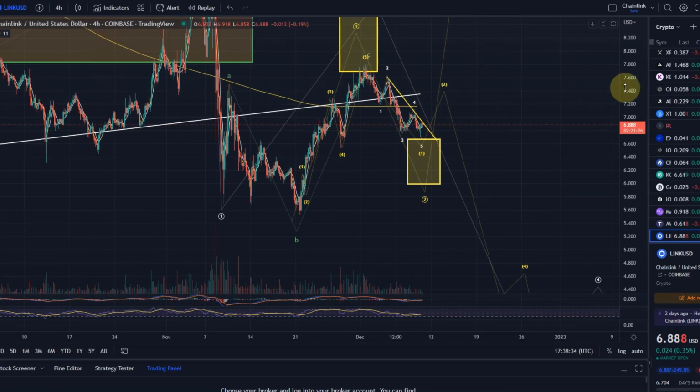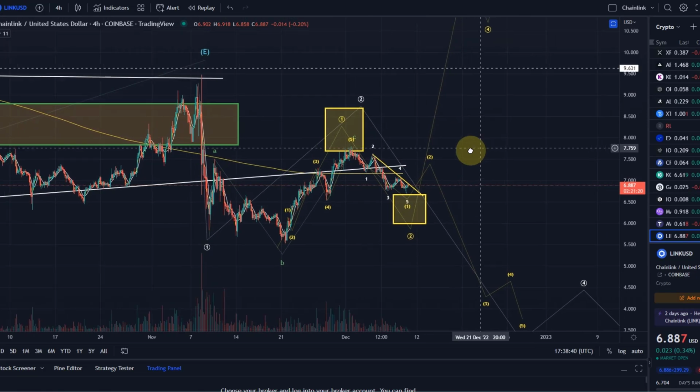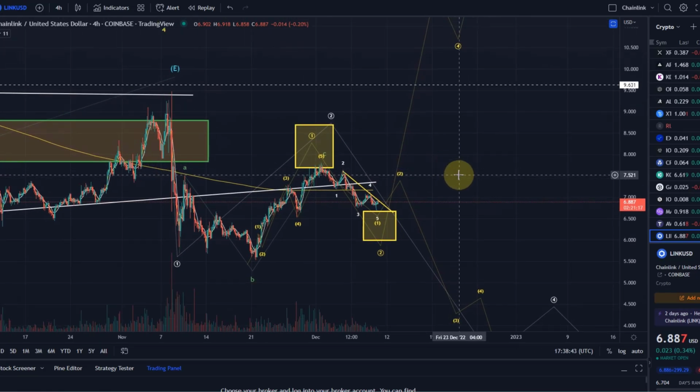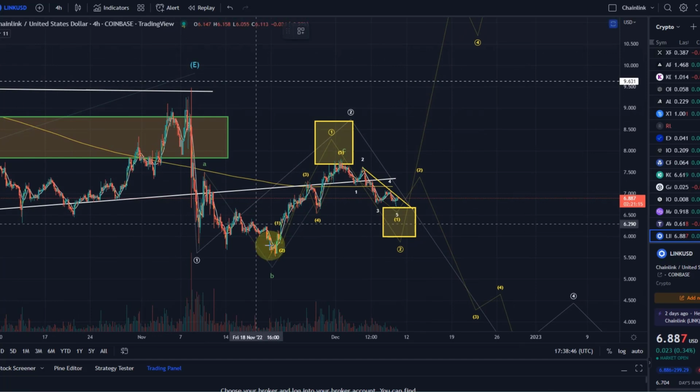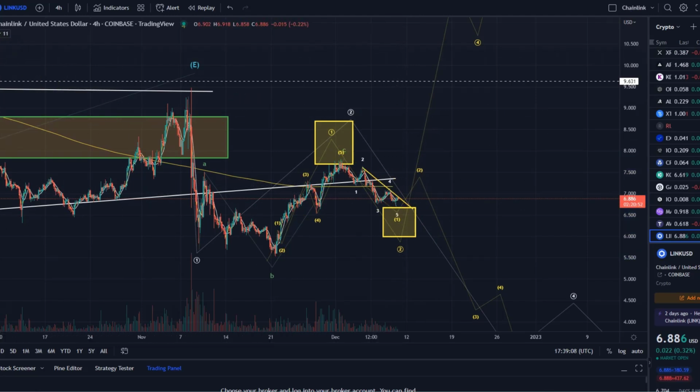I also made you aware in the previous video of the possible bullish outlook, but it's not high confidence, only a 35% probability, which is not too high. That is the idea that we could have bottomed here on the 21st of November and moved up in 5 waves. In the bearish count, I've got this as a C wave. In the bullish count, I've got it as a wave 1, and we're now moving down in a wave 2. The support area is relevant here as well for this wave 2. If we now break above the trend line, then in the bullish interpretation we could count this as a third wave. But again, because it's not high probability, I will not treat it like that.